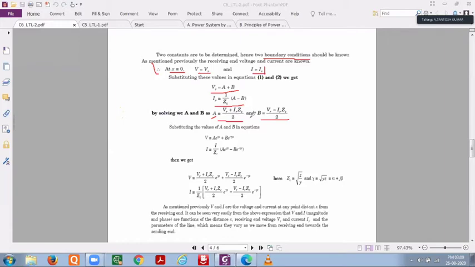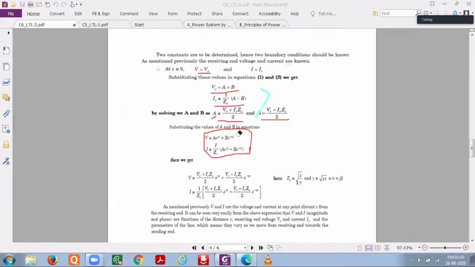Now, what am I supposed to do? You have to substitute this A and B in your main equations. That is nothing but your V and I equations. So when I substitute your A and B in these main equations, see this box. If I substitute that, I'll get my voltages and currents. That's it. So once I determine the voltages and currents at an instant, I can find my sending end voltage, sending end current, and all the terms, right?